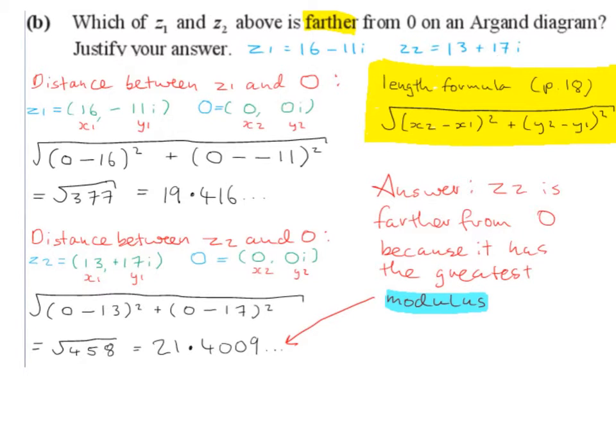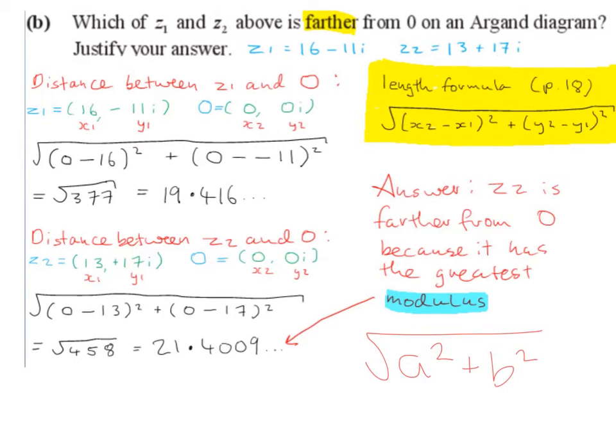So alternatively for this question, you could have just used your square root of a squared plus b squared formula and substituted 16 for the a with brackets around it, minus 11 for the b with brackets around it, and you would have still got 19.416. And you could have done the same with Z2. So swapped the a for 13 with brackets around it, and the b for 17 with brackets around it, and you still would have got